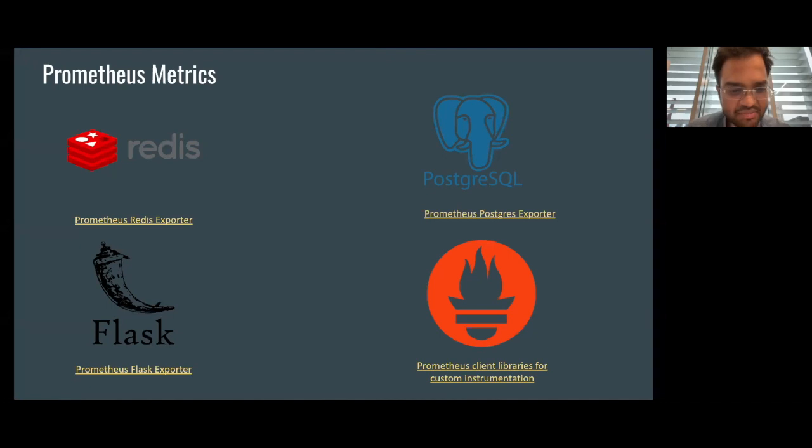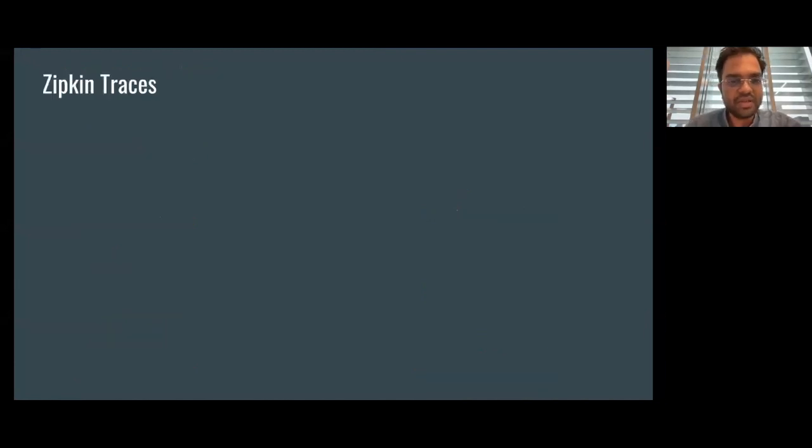We can create custom metrics of our interest. For example, if you want to know the number of times a certain exception in our code was raised for users of a given region in the last few hours, we can actually achieve that by using custom instrumentation. Using Zipkin, we'll add custom traces